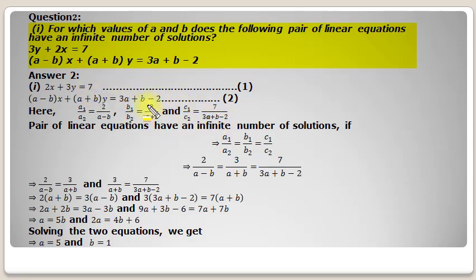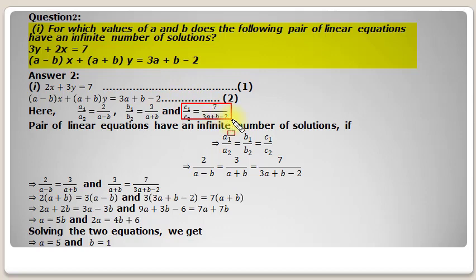So minus minus will be cancelled out, and we will get the value of c1 upon c2 as 7 upon this thing. To understand it better, take these LHS to the RHS and then find the ratios of a1 upon a2, b1 upon b2 and c1 upon c2. Here I have directly written the value of c1 upon c2. If you take 7 to the LHS, it will become minus 7. The whole of this thing will become minus of this thing when we take it to the LHS. Then when we find the ratio, it will be in this particular way.